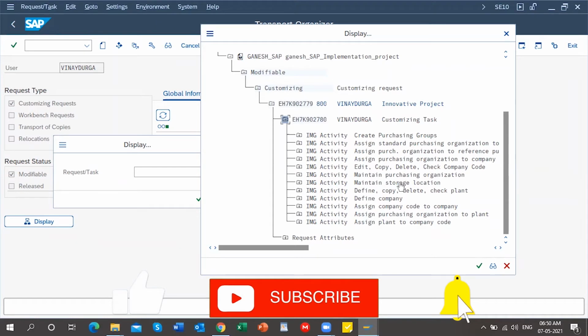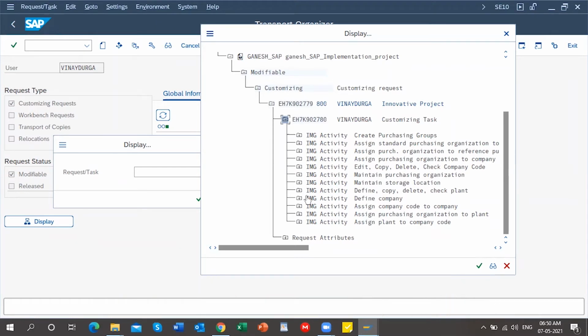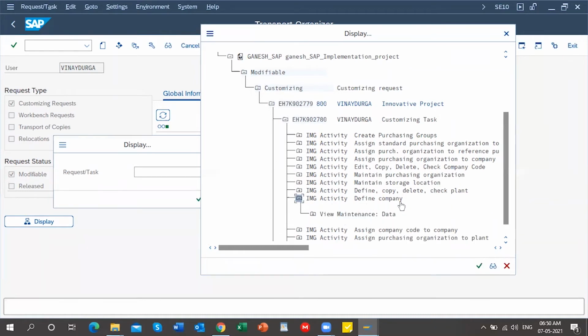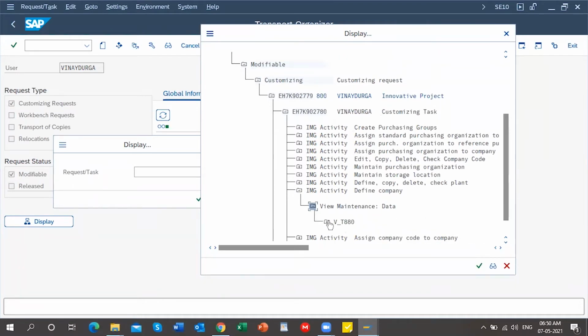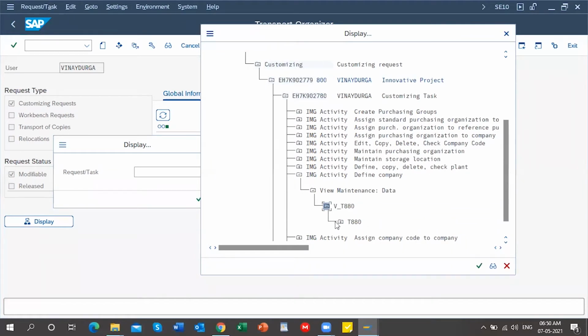And you can observe here in which table it got stored, for example, the company. Here I'm taking the example of company. Click on this view maintenance, and see, this is V_T880. This is a structure, and T880 is the table. In this T880, all the company data will be stored.